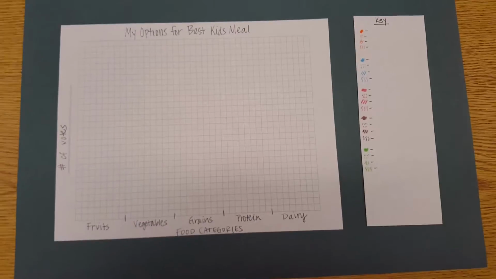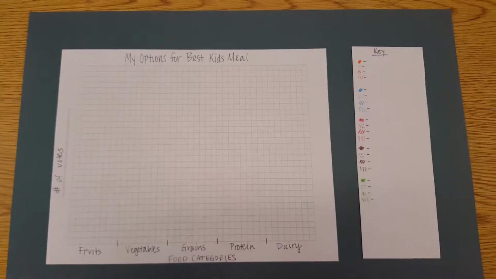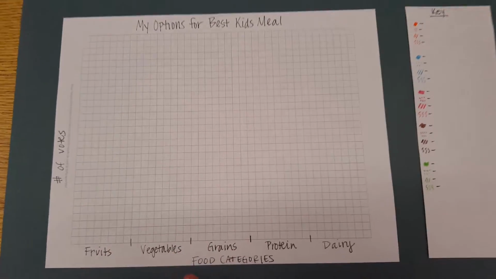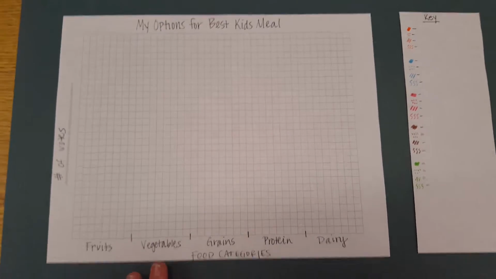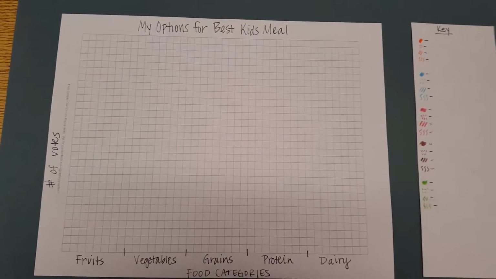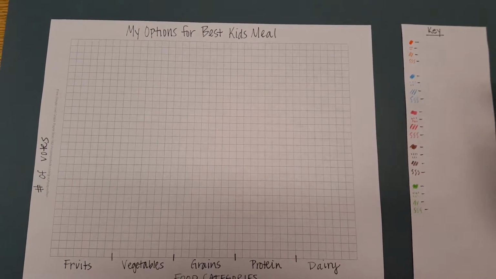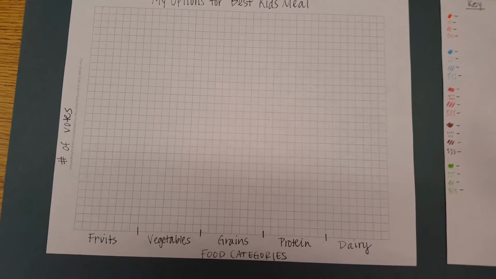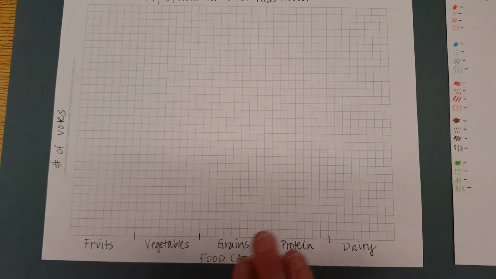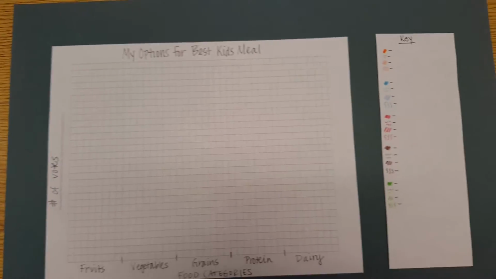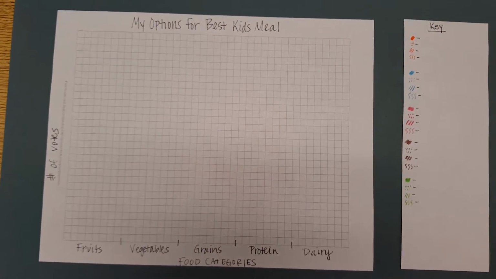All right, our second task for today is to take your frequencies and graph them in a quadruple bar graph. This is going to be a quadruple bar graph because you are going to graph each option for fruits. You had 4 options for fruits, 4 options for vegetables, 4 for grains, 4 for proteins, 4 for dairy. Well, Mrs. Hook, how are we going to be able to distinguish which option was our number 1